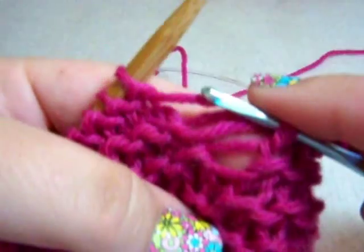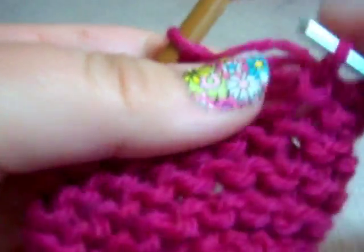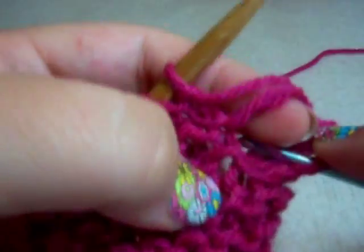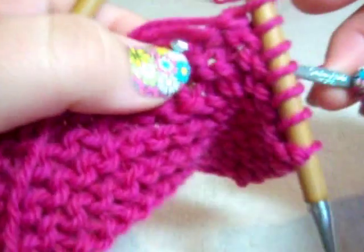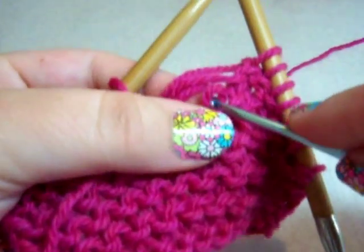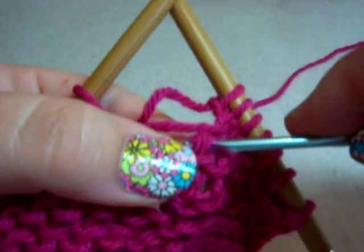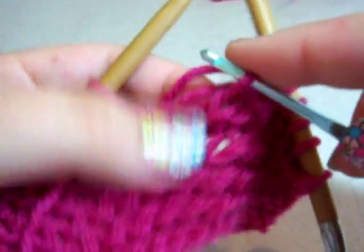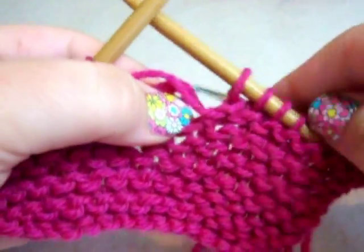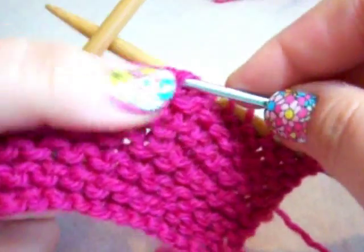Now you'll have to flip sides so you get the bump on the other side. So I kind of insert the hook under the next strand of yarn, and then I'll flip it around and change hands. Then I take the hook out, and then coming from the front, I'll insert it back into that stitch and draw through that next thread like that. Now we'll flip it around again, pull my hook out and insert it again from the front, draw through the next one,